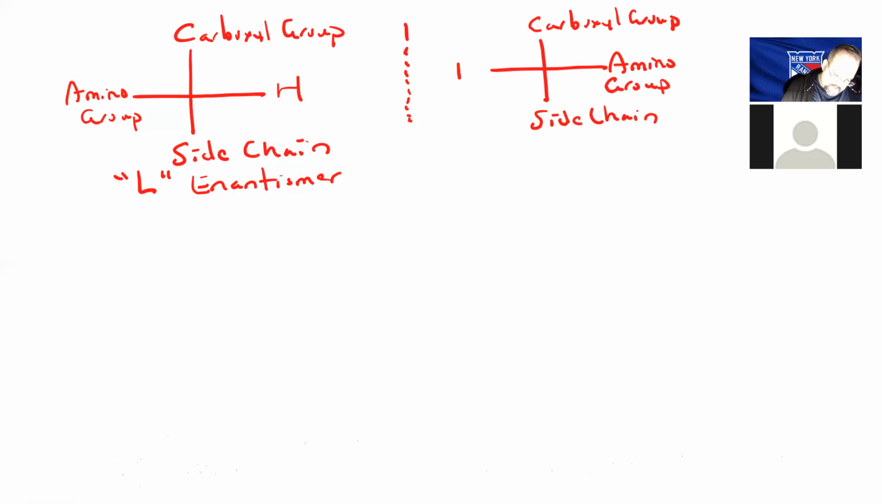And the hydrogen on the central carbon ends up on the left. And this would be the D enantiomer. Okay. So with that being said, if we had the following example,